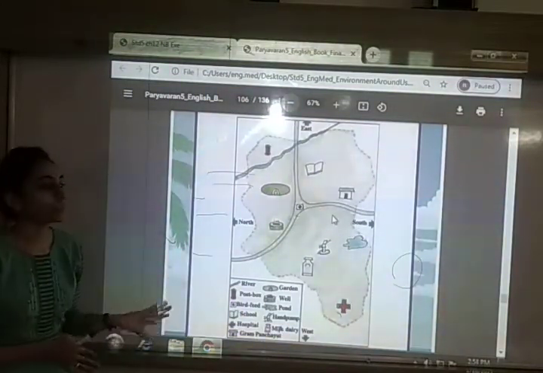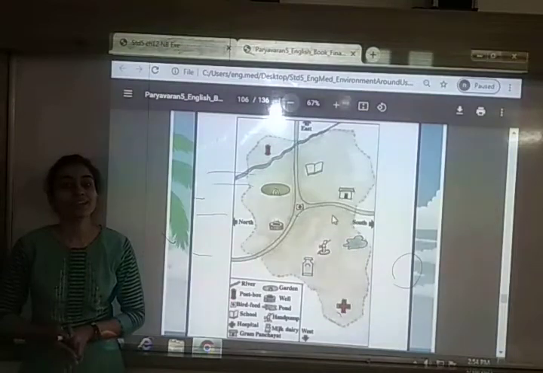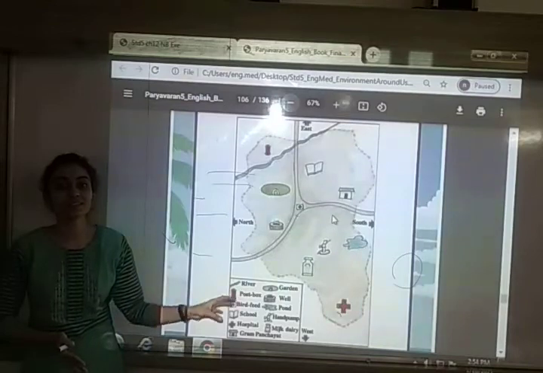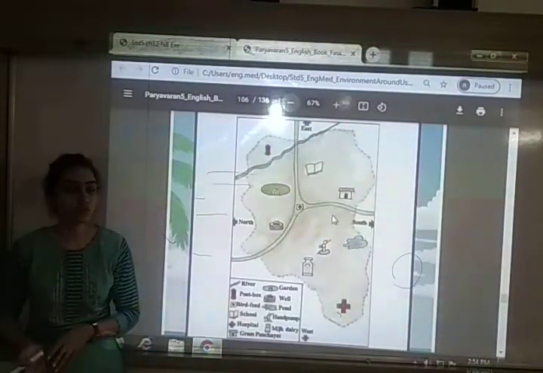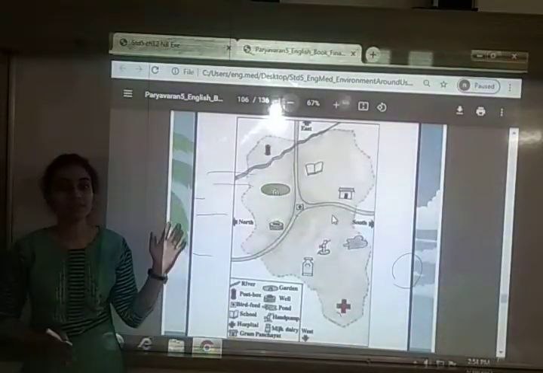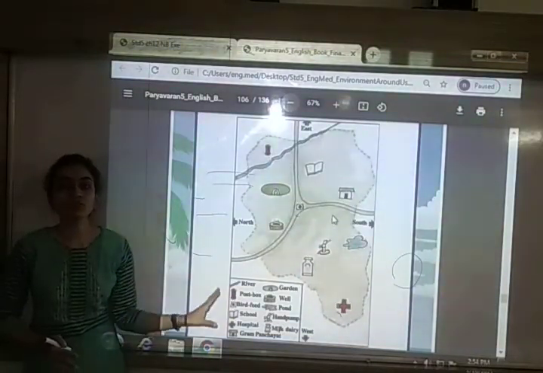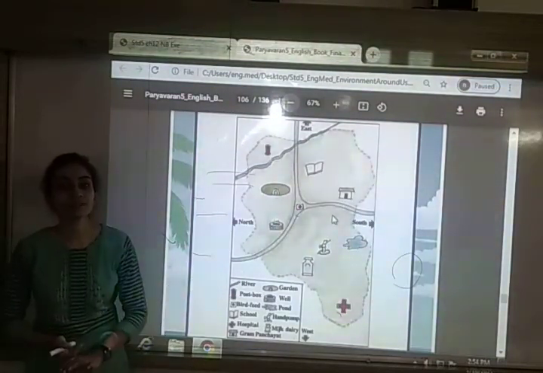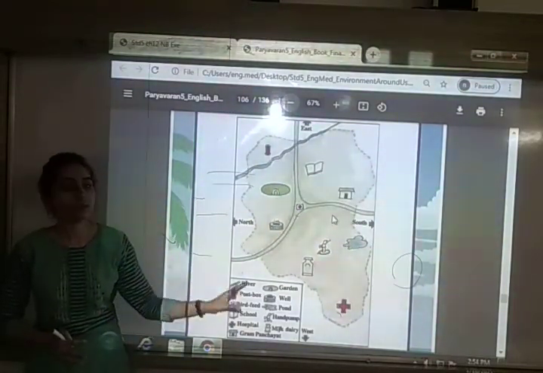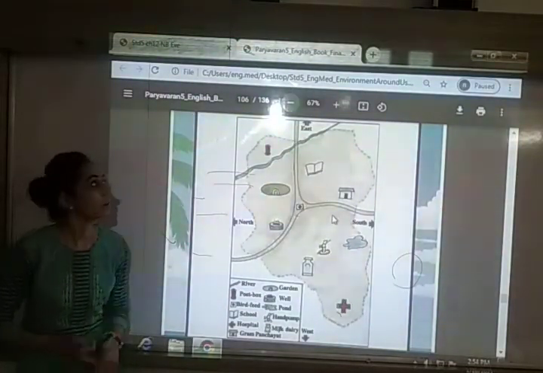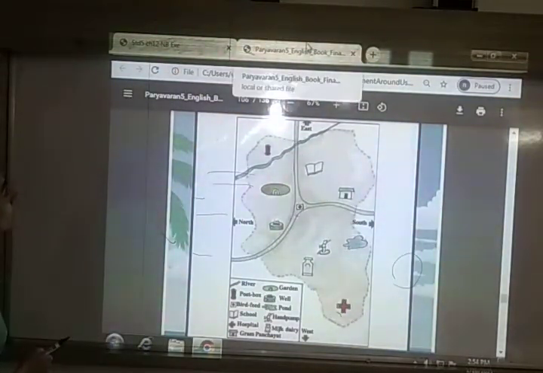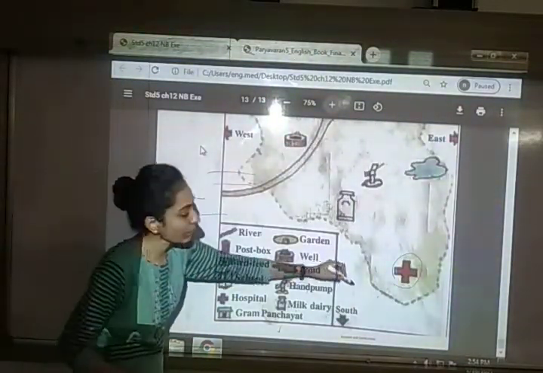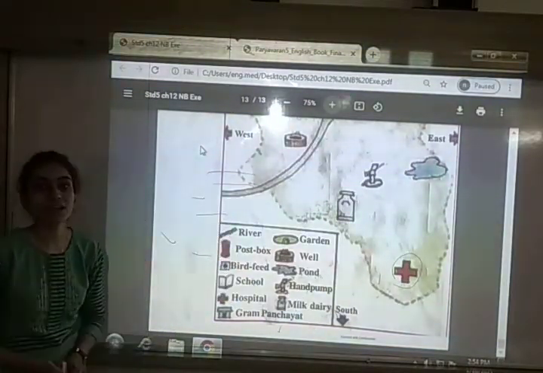So if this kind of question is asked in your exam, you first have to observe the map, and according to the map only you have to answer the questions, not from your textbook or this PDF or the internet. The map, or a picture of the map, will be provided to you, and from that map you have to answer. For different maps, the answer will be different. So here we will consider the map given in your textbook. In this map, the hospital is located in the south direction.